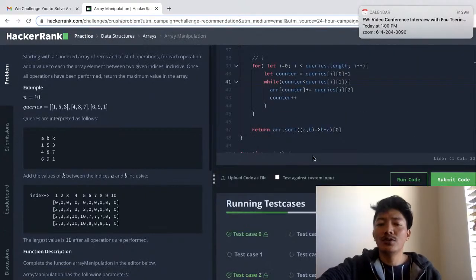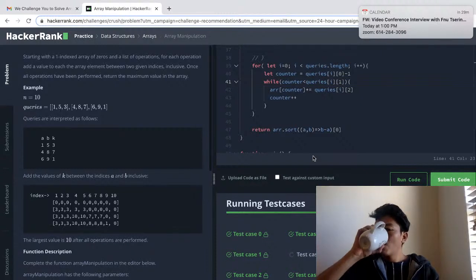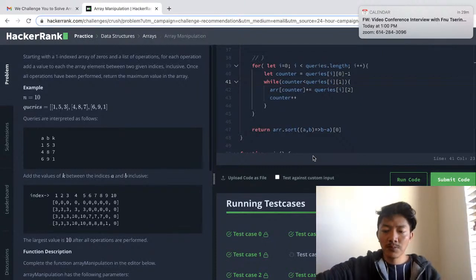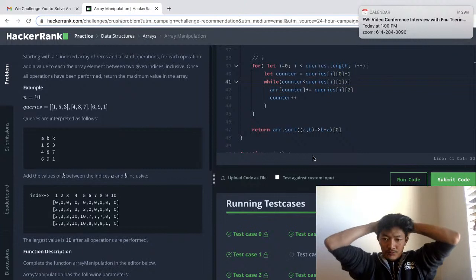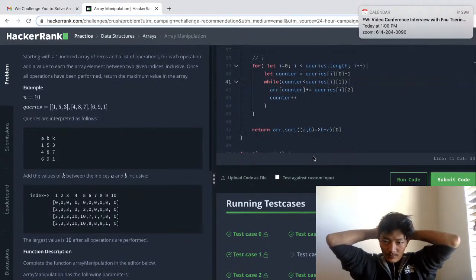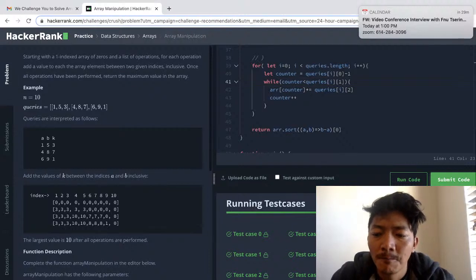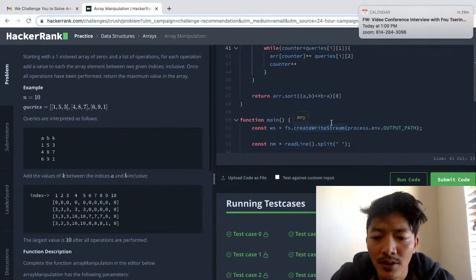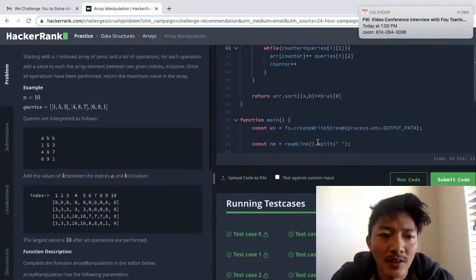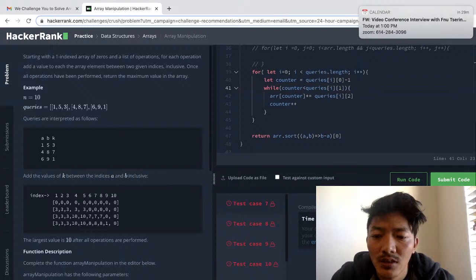We submit the code. Time. Oh shoot. Exceeded time limit, so they are expecting me to finish in